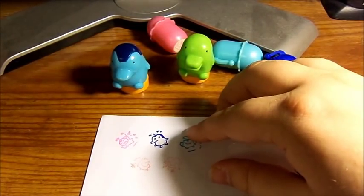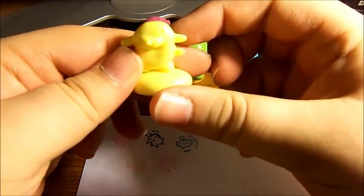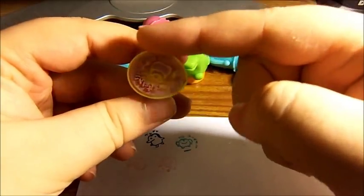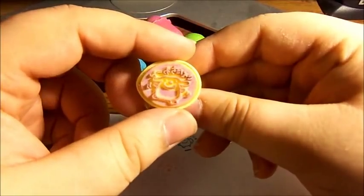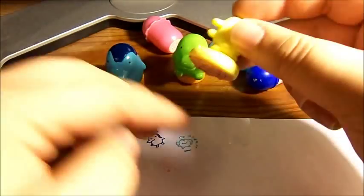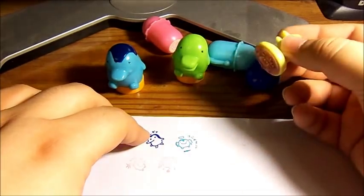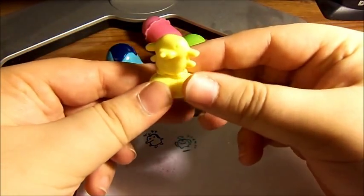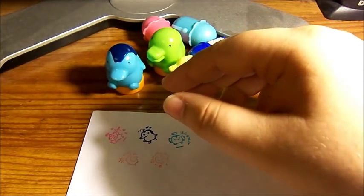And there's also one last stamp. It is a Pochichi one, but I think the cap of it has been lost, so the ink in this must have dried. But I'm sure you can still dab it into an ink pad and then still get stamps out of it. So yeah, there's the last stamp. And let's move on to